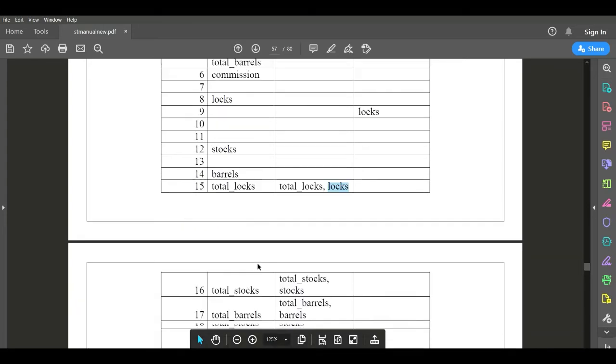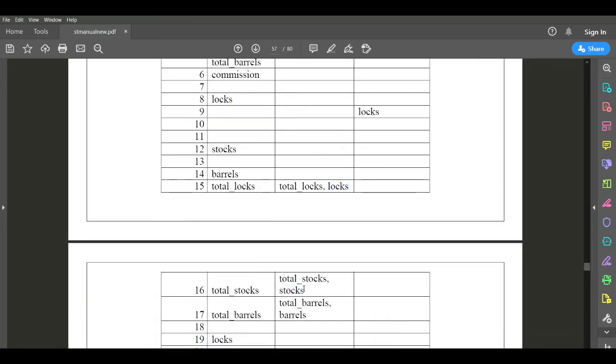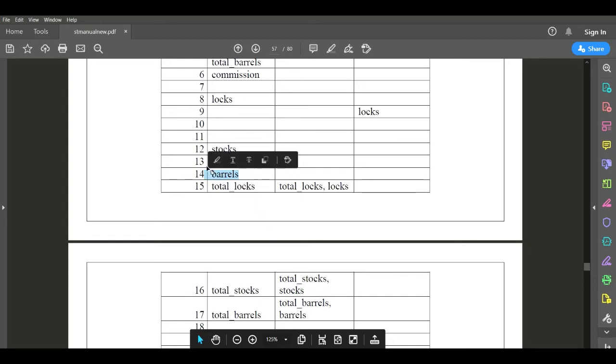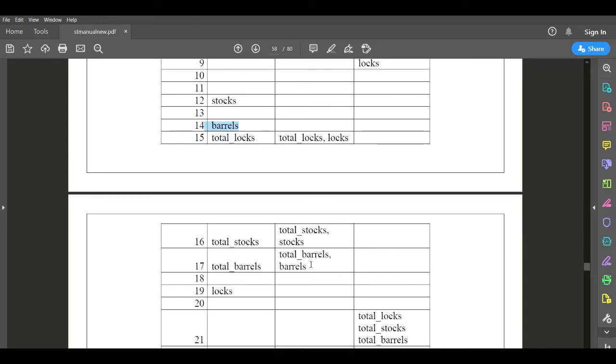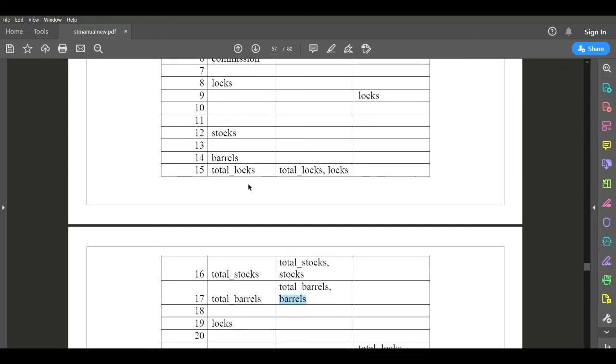In which line am I using it? Here, in line number 16, as a computation usage. Then barrel value. This barrel value, defined in line number 14, I am using as a computation usage in line number 17. Therefore you have to write barrel also. Put a comma and write the next variable name. Okay, up to here done.